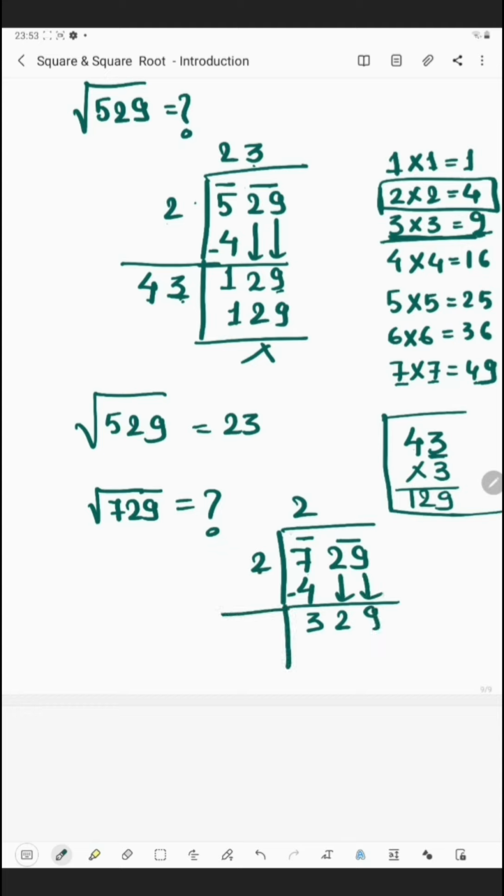Now 2 plus 2 is 4. Now what should we put here? Here, see, the last digit is 9. So either the last digit will be 3, like in the previous case where we put 3 here and 3 to multiply. And here let us check by taking 3 again. If you take 3 again, already we have done here 3 3s are 9, 3 4s are 12. So we have got 129, and here we have 329.